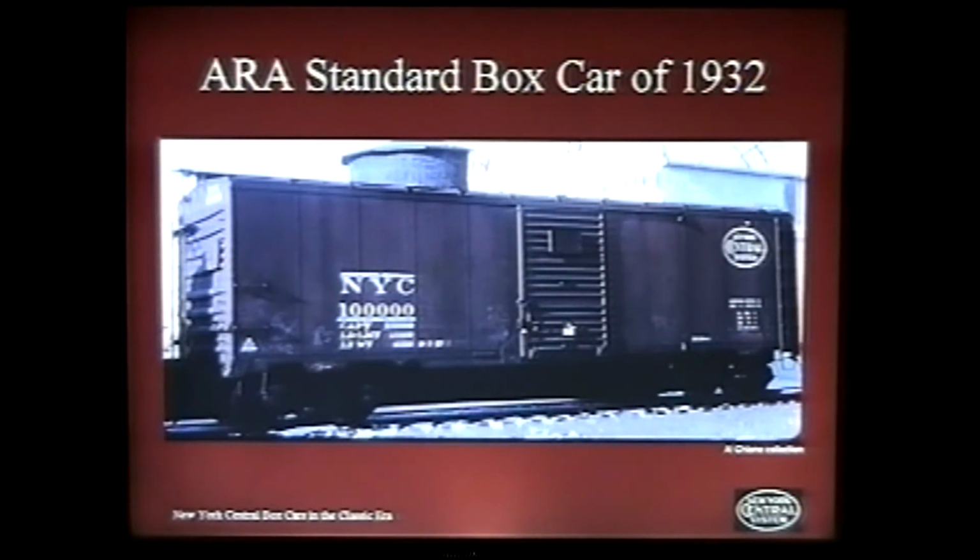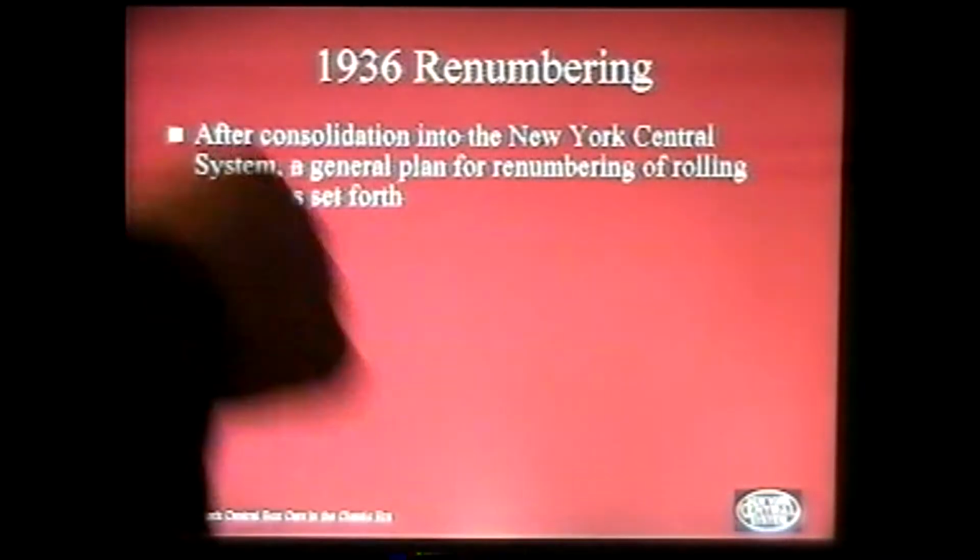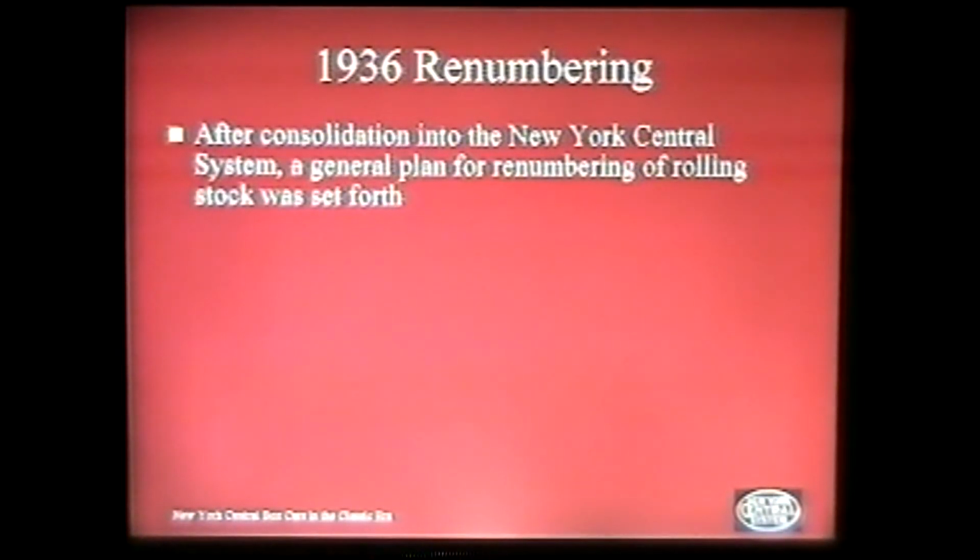And there's some differences in the details of the underframe. And also the ends are 4/4, and by the time you get to the 1937 design, it's 4/5. So now the renumbering in 1936, very complex. That's when they changed from New York Central Lines to New York Central System, and so that changed in the herald,